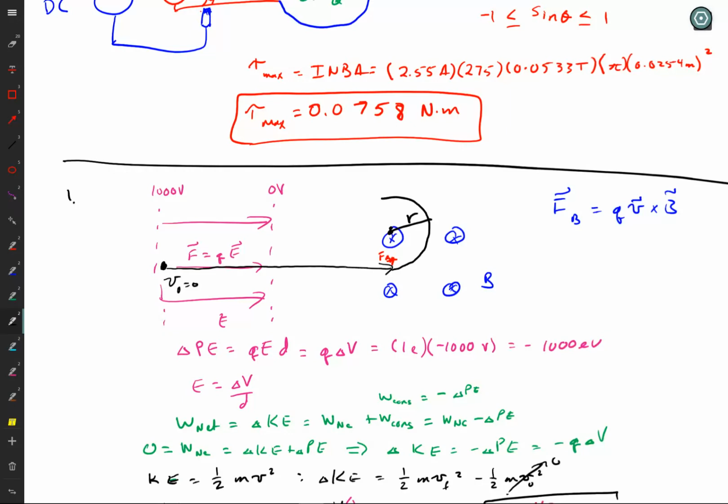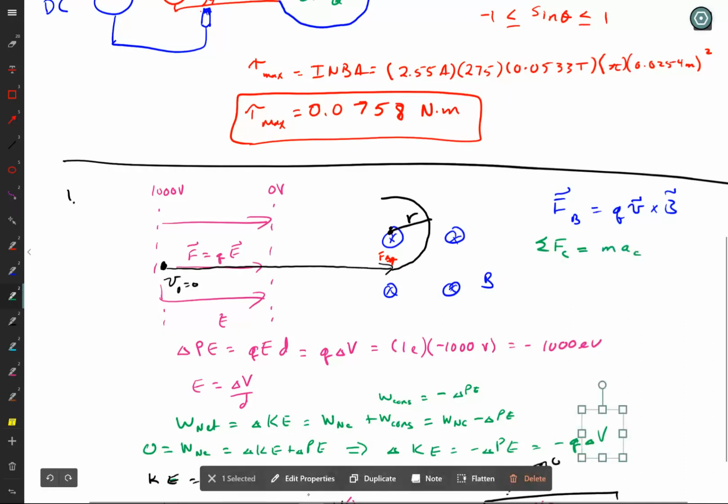So the law that I said I'm going to use is Newton's second law. Sum of the forces in the central direction is equal to mass times acceleration in the central direction. Looking at my diagram, the sum of the forces going toward the center is